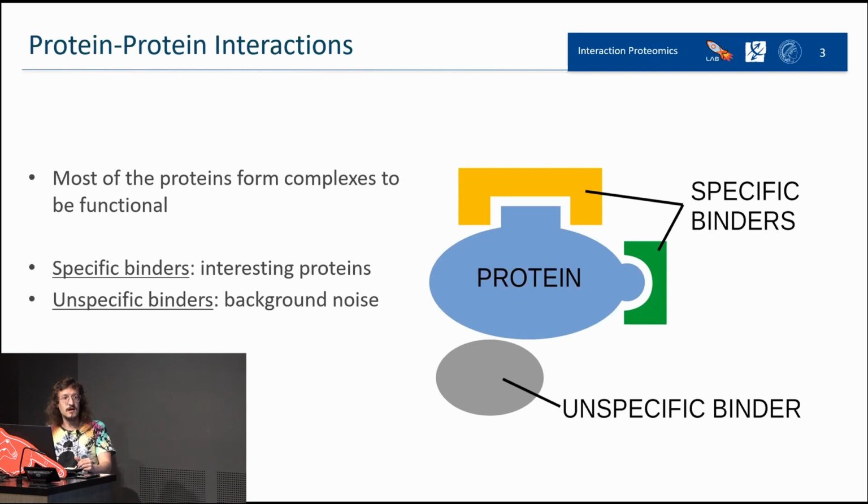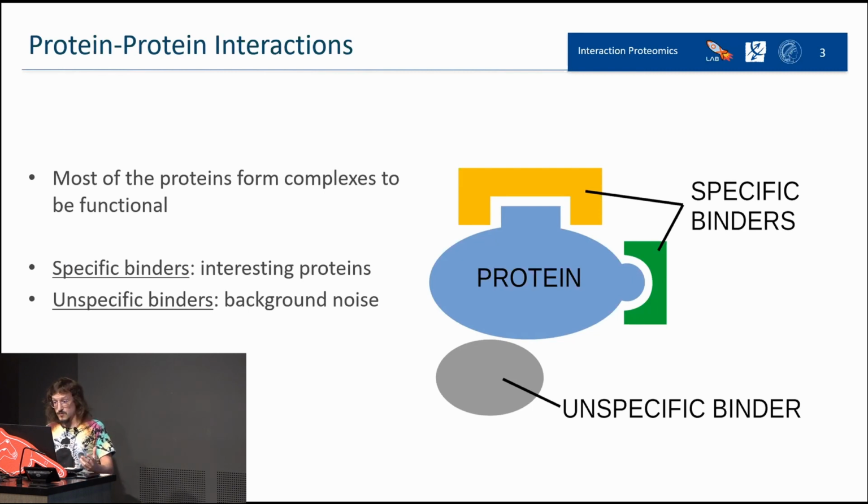Usually complexes are formed with the substrate, the thing that the protein is actively working on, but could also be complexes between different proteins in order to create an enzyme. For example, ribosomes are huge clusters of different proteins and RNA as well.